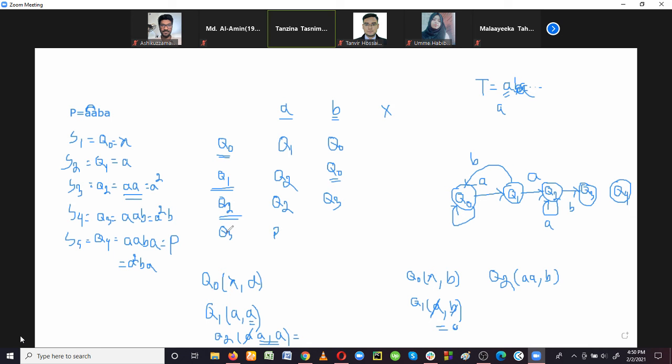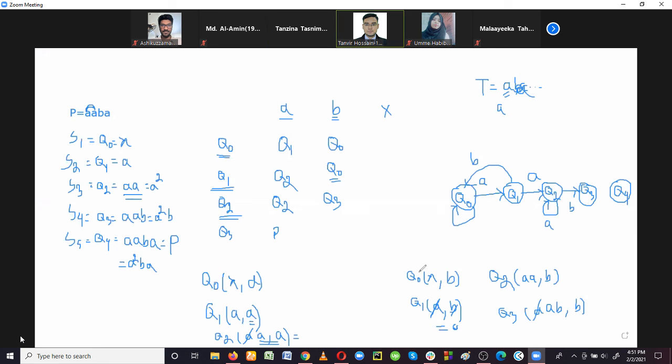And if Q3 receives B, then what will happen? The value of Q3 is AAB, and after receiving another character B, now it has 4 characters AABB. What is the value of Q3? AAB. We cannot ignore the characters from the right side. We can eliminate them from the left side. So after ignoring the leftmost character, we have ABB, but there is no such state.